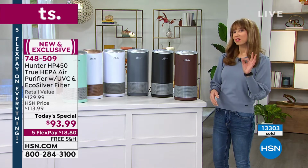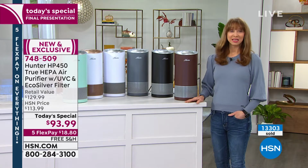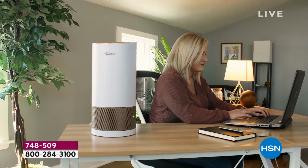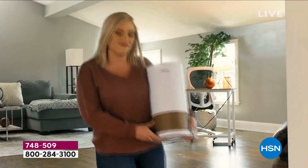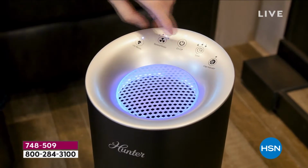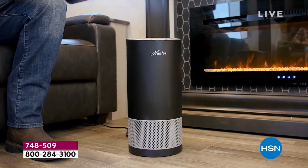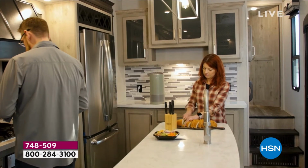4 stages of filtration. And you know, it's interesting. Yeah, I said how much I love Adam. He and I are both very, very passionate about air filters. And you know, this is something that I'm just going to say might be something that you might want, but you need this. You should have this. And if you were gonna do it, you need to do it now, because if you are not using an air purifier, you are forcing your lungs to filter out not only everything from formaldehyde,